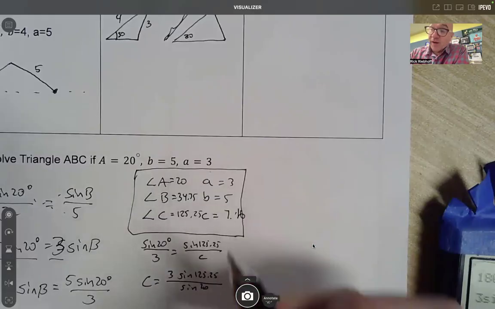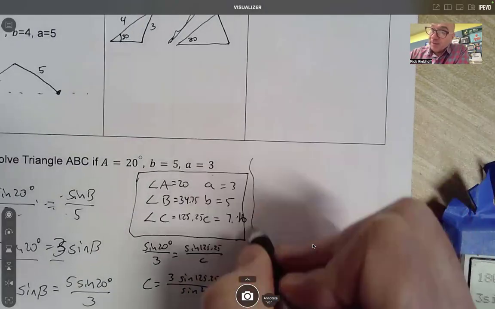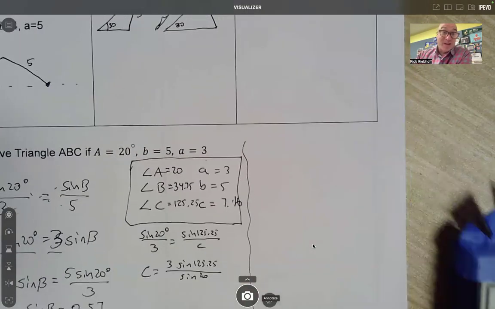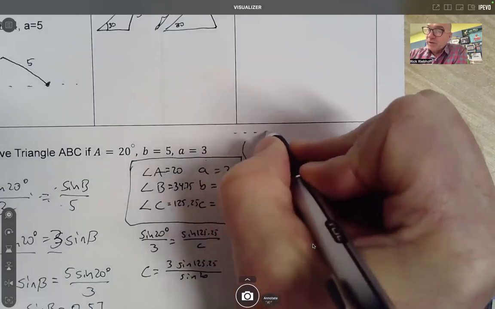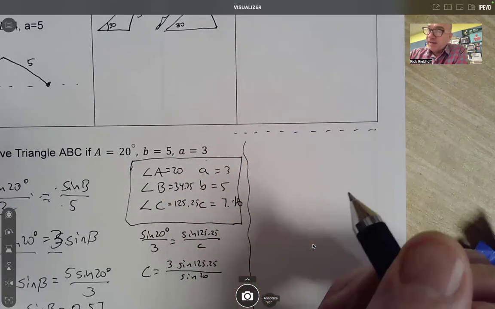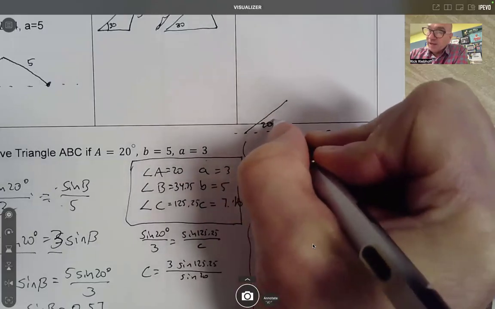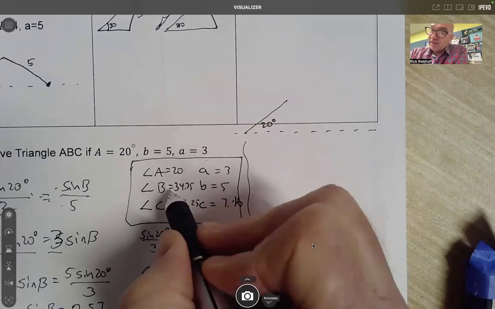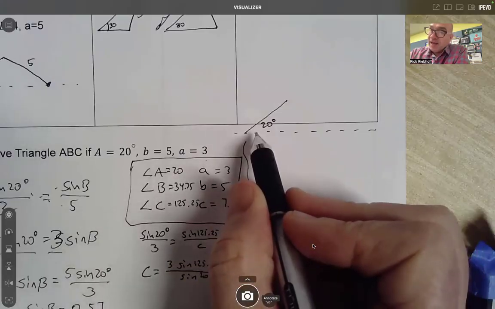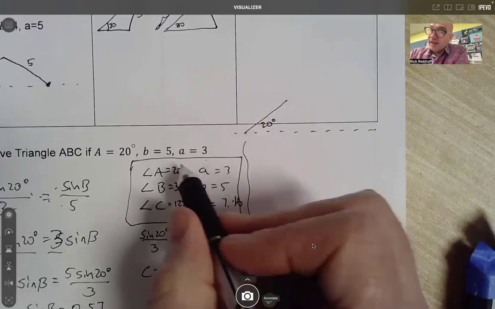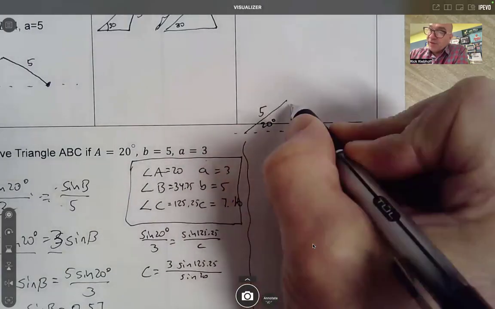And there we go. We've got one of the options. So let's draw what this looks like. Okay. And then we'll be able to figure out the second one. So we got one of the two triangles done. Now we got to get the other one. All right. So we don't know what C looks like. So we're going to do this. We're going to go angle 20 degrees up here. So if that's A is 20 and this is 3 and B is 5, we've got